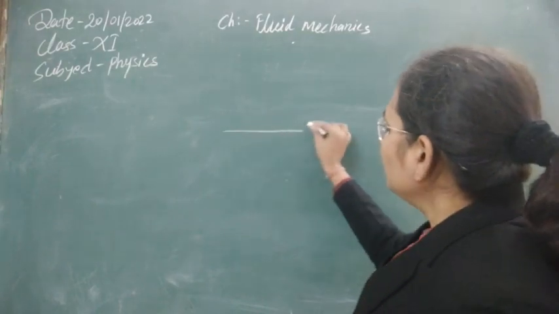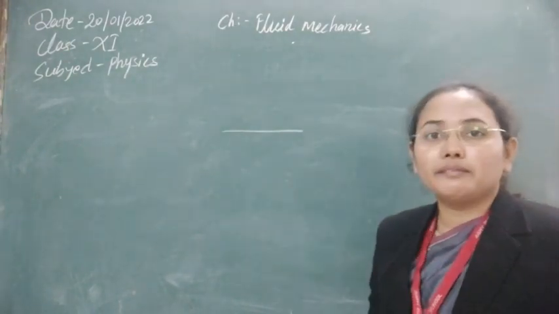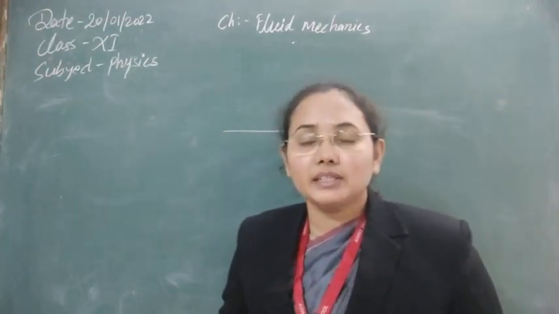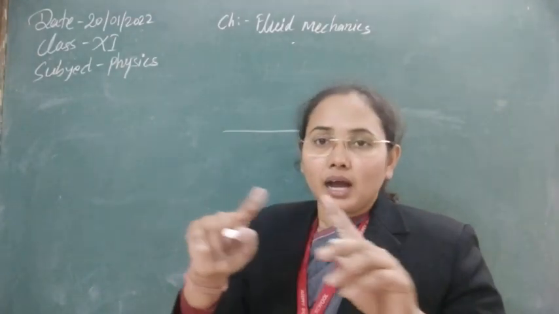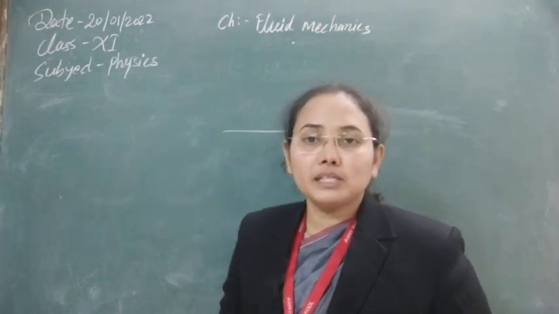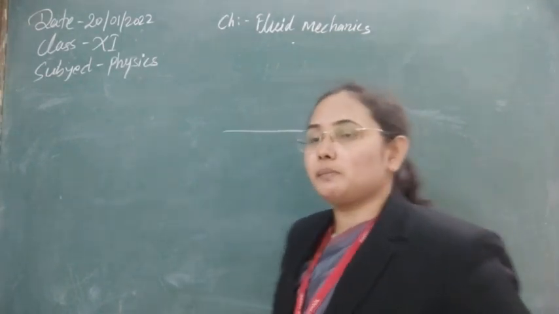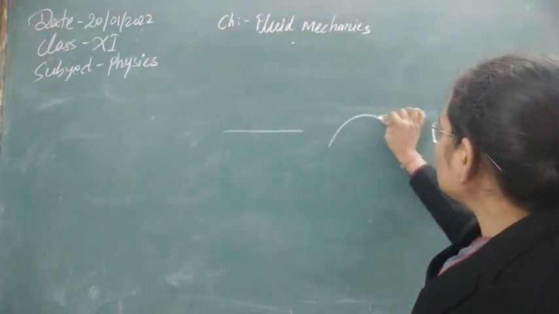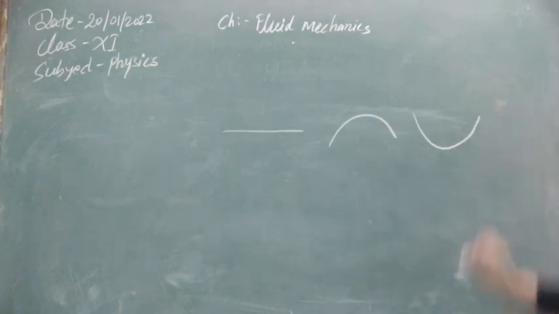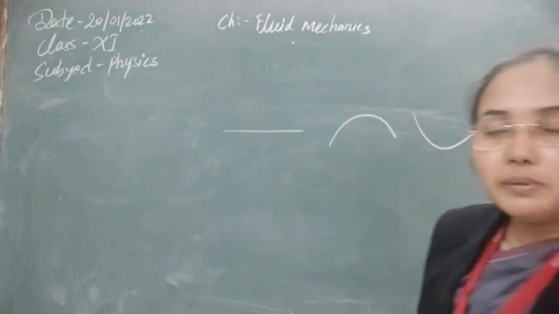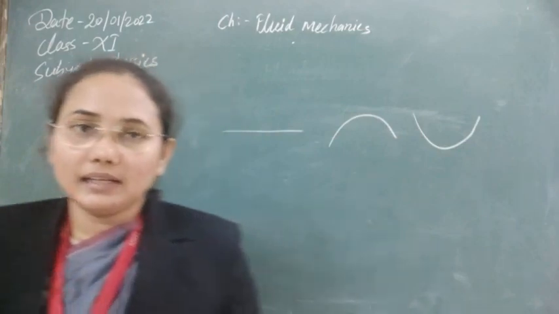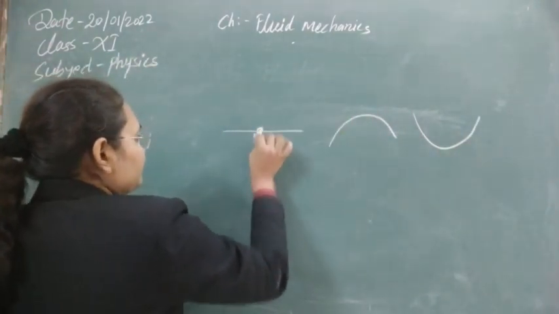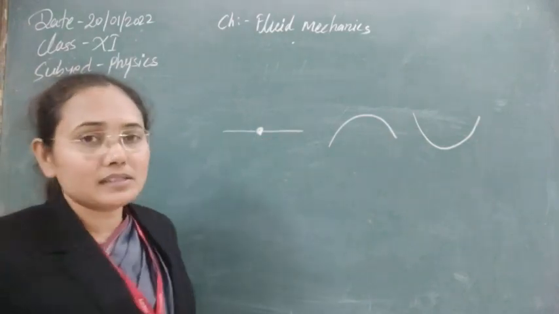We can have three types of surfaces for the liquid, or three types of meniscus. Whenever we fill liquid in any vessel, the upper surface film will have different shapes. It may have a planar shape, or this kind of shape, or this kind of shape. These are the three shapes possible whenever liquid is filled in any tube or container. As we know, the surface tension acts tangentially.